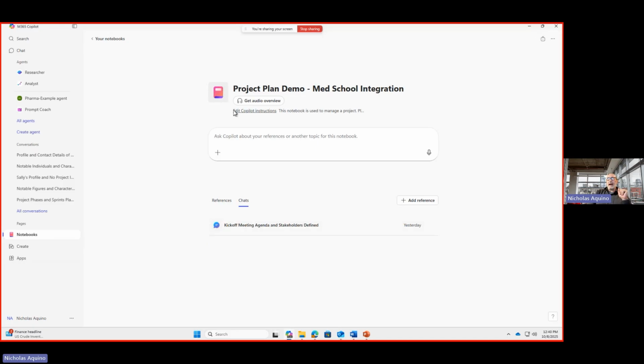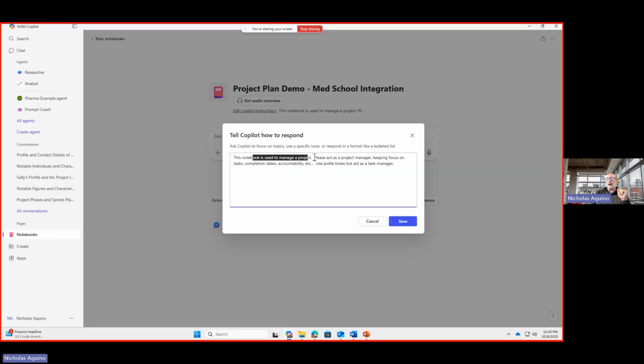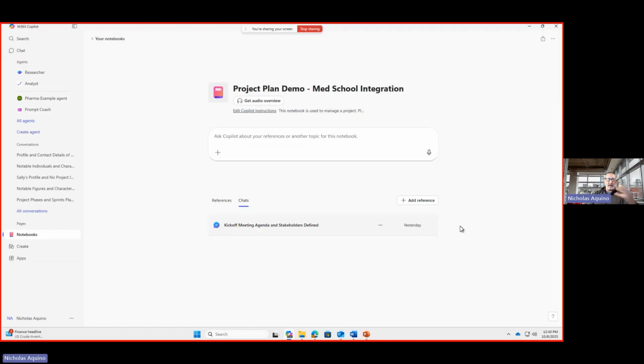And of course, I edited this Copilot to act like a project manager. Please act like a project manager. Keep focus on tasks, completion dates, accountability. Use polite tones, but act as a task manager. So that way I'm giving it a little bit of tone to work with. So yesterday I said, hey,